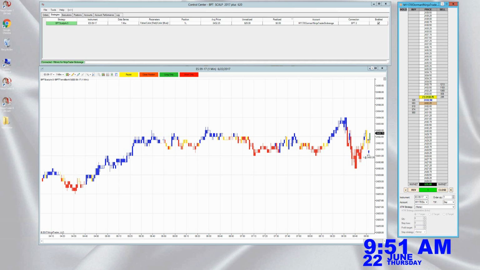And now we are looking at the ES. This is earlier today, where this is a live market, real money to the broker. And let's look at the sim. And now here I'm showing you another example on a